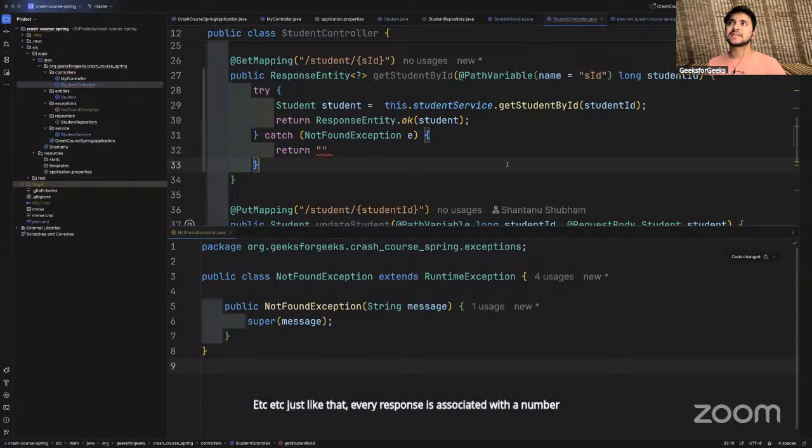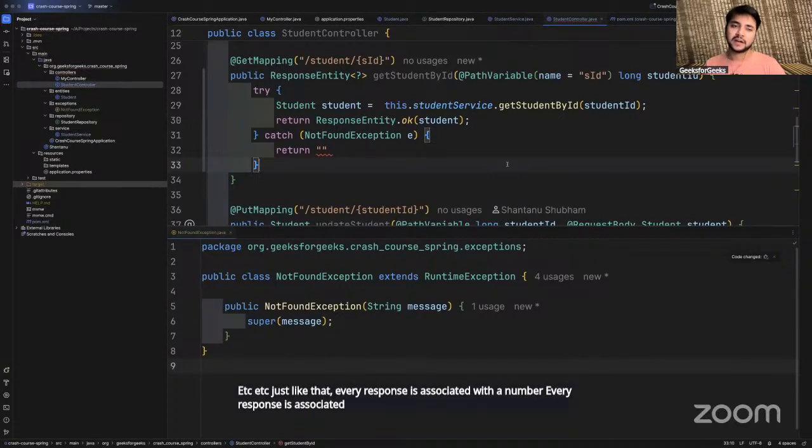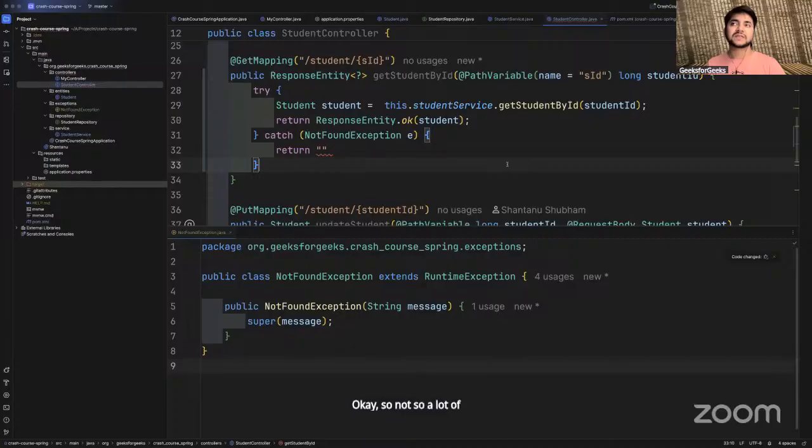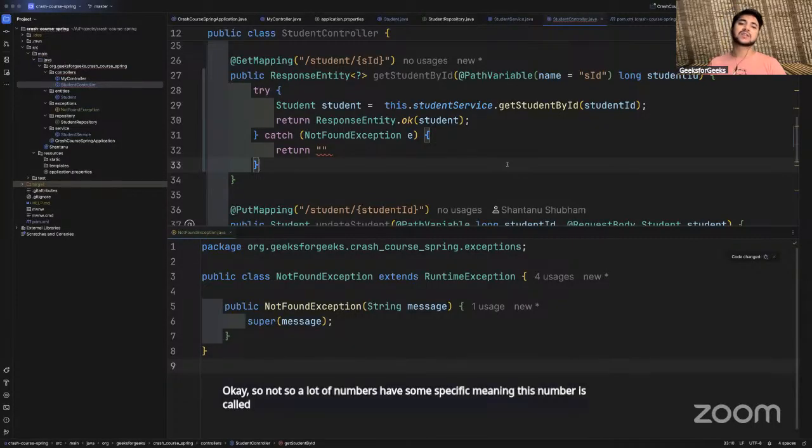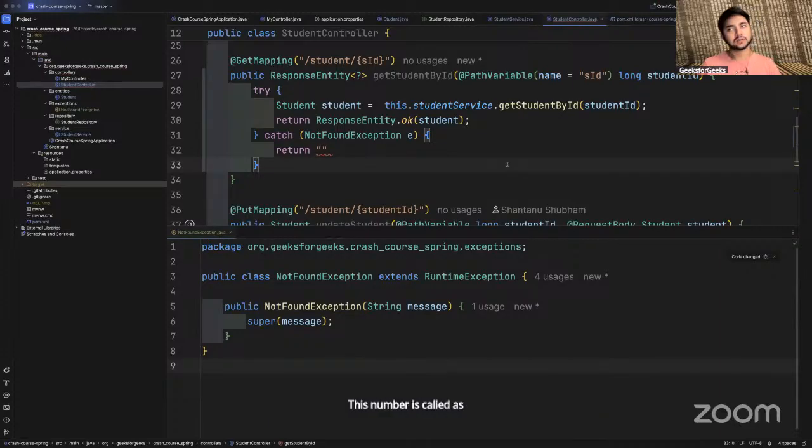A lot of numbers have some specific meaning. This number is called the HTTP status code.